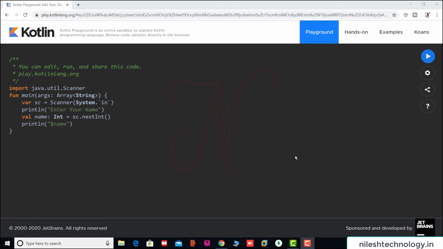So in this video we are going to see the control flow statements. We will see one by one how to use the if statement, while statement, for statement, do while, and one more new one, which is the when statement. Many syntax and many features are new in the Kotlin language. So let's see them one by one.